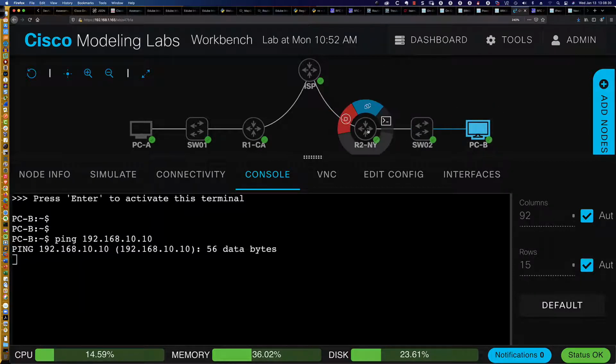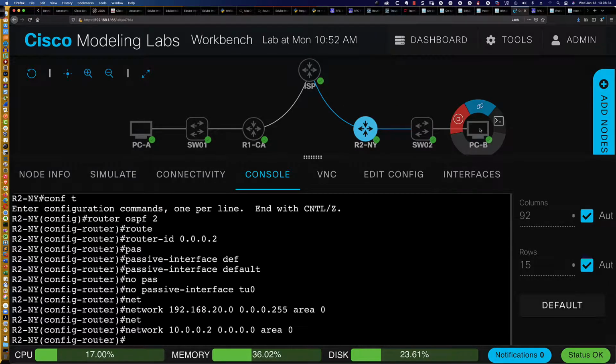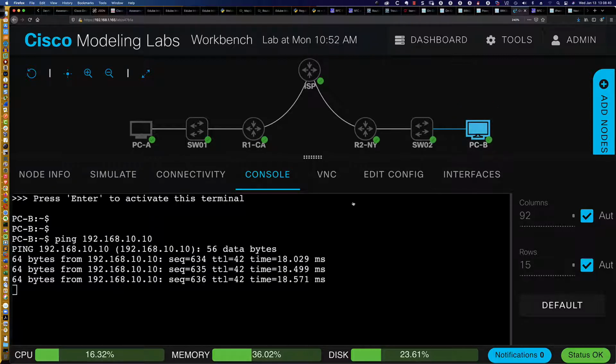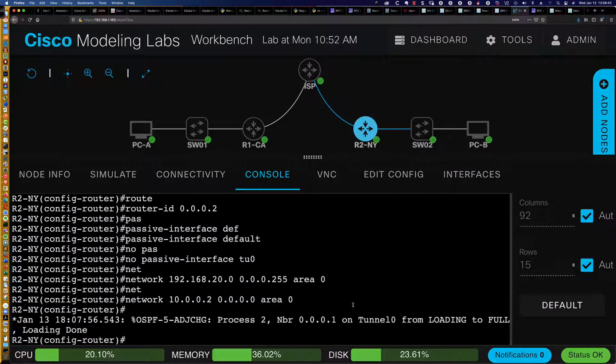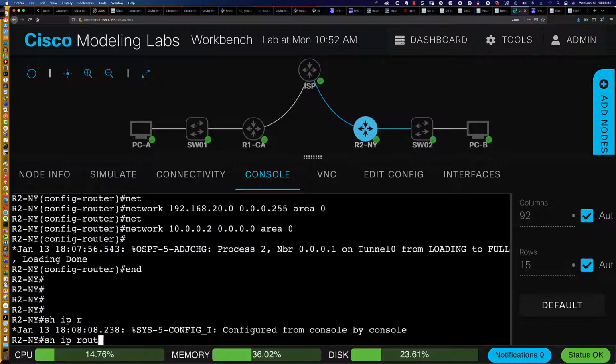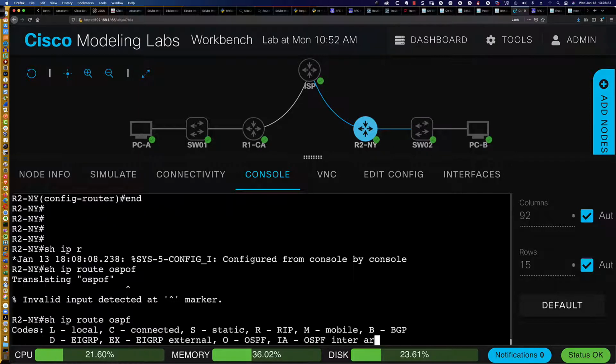It can't yet, but as soon as I hit enter, let's wait it out. We're going to have an OSPF adjacency form, and that was what we were waiting for, to go from loading to full. And now when I say show IP route OSPF,